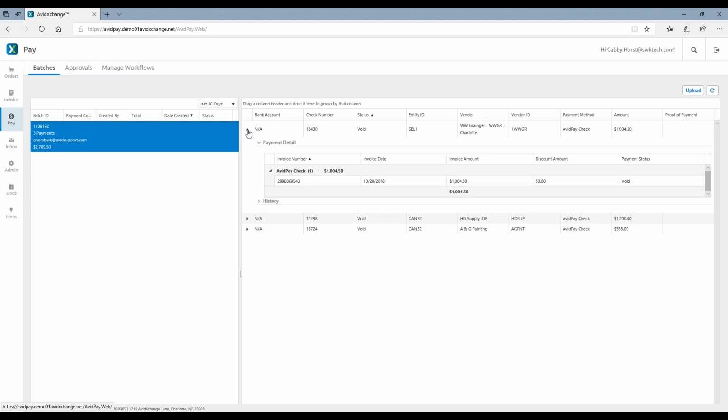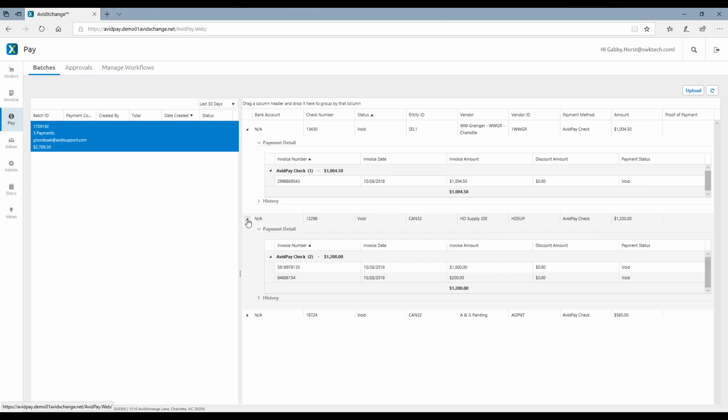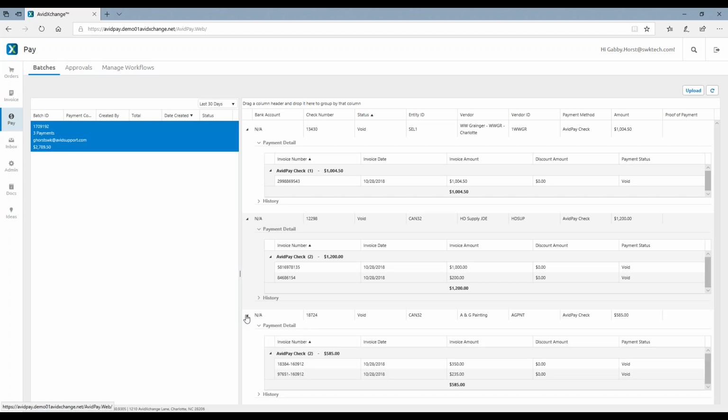Again, these aren't going to match because we are in a demo site, and we can't have live data going back and forth on a payment because we don't want to make any accidental payments. But you can click and drill down on all the detail of all the payments that were submitted back to Avid. Then from there, once they're approved, it will take up to 2 to 3 days for your bank to